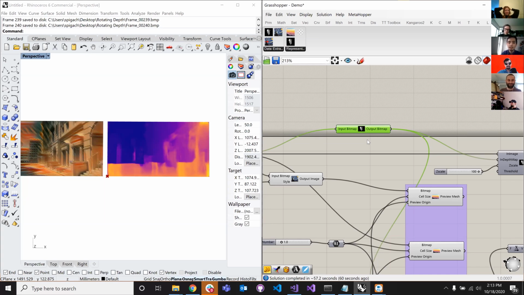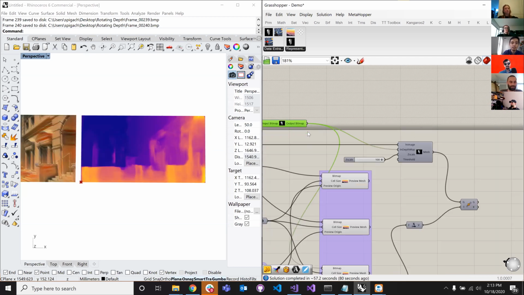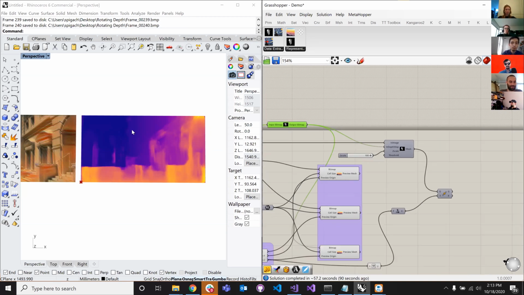So the depth map, usually this is something you would get from a stereoscopic image when you take a picture from two directions, and then through sophisticated algorithms, you can figure out how far the objects are from the camera. But in this case, this is a trained model that does it also by using a GAN. So this way you can just feed it one image if you don't have a stereoscopic representation of something, and it will do its best to estimate what that is.